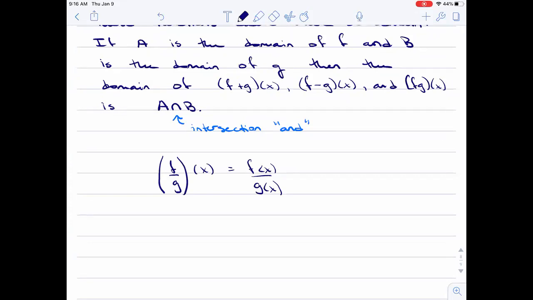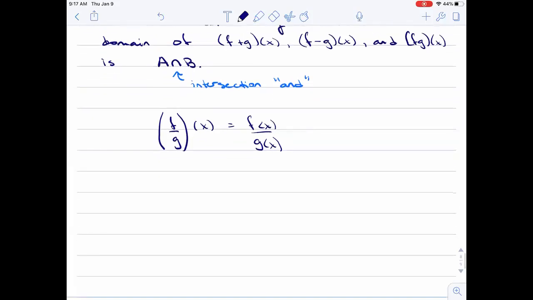And so here, now we're dividing, so now a little alarm bell should go off in your head saying, oh, I can't divide by 0. And so now the domain is going to be the intersection of a and b, but also making sure that g of x is not 0, whatever g of x is. And so here, since g of x cannot be 0,